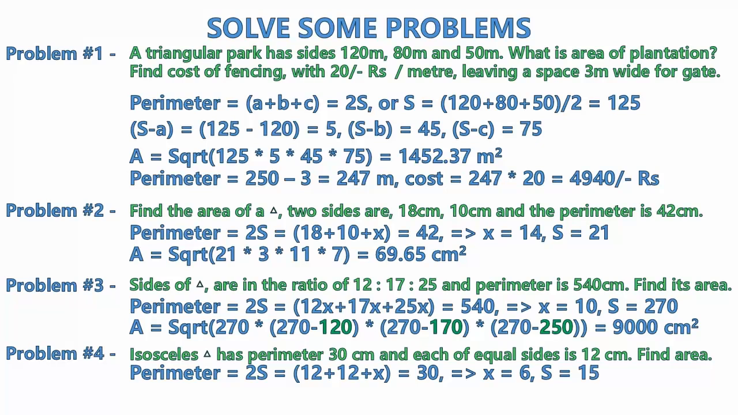Okay, and s is equal to 30 by 2, that is 15. So we have the lengths of all the sides, we have s. So using Heron's formula we can just calculate that A is equal to the square root of 15 multiplied by 15 minus 12 multiplied by 15 minus 12 multiplied by 15 minus 6, that is the square root of 15 into 3 into 3 into 9, which works out to